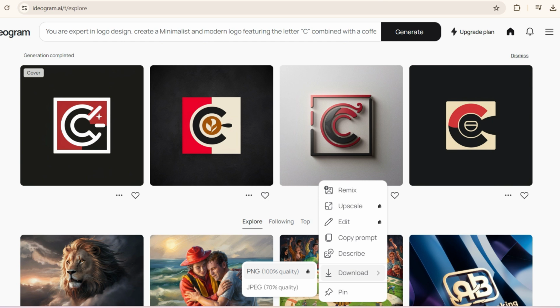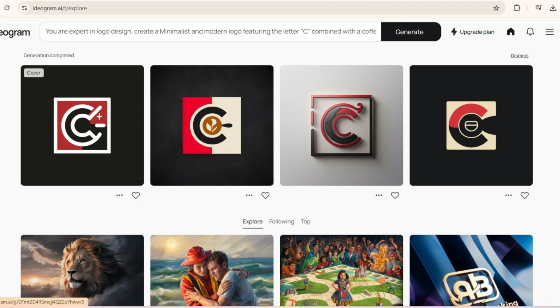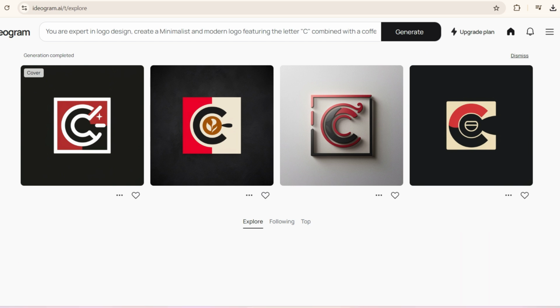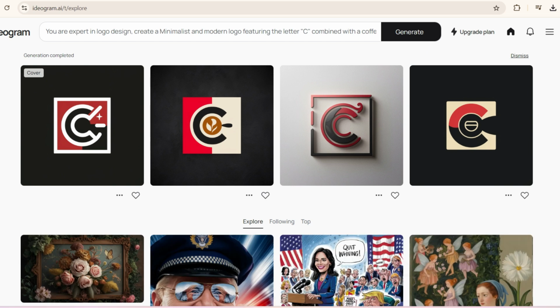So if you have to go for this PNG, you'll have to go for a paid method. But with the JPEG image, you will be able to download this for free. So for example, of all of the four that are listed here, I like this one and I download. The download is done and then I'll show you how you can still customize this to your liking and improve